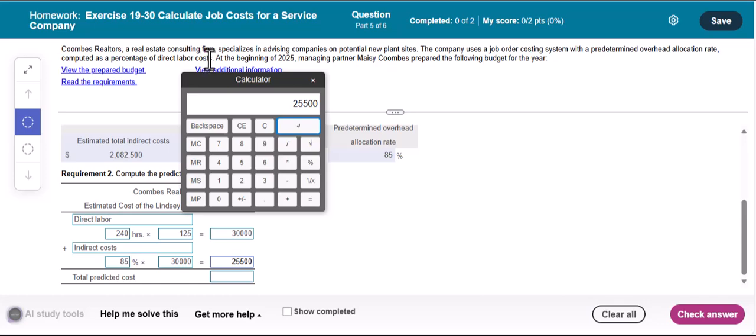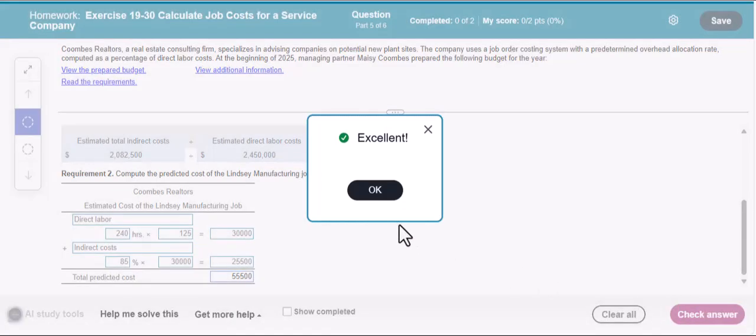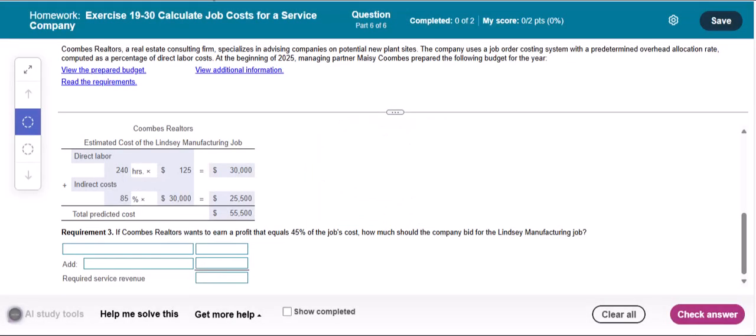So we're going to go ahead and add our indirect labor to our direct labor here, and that is going to give us a total here for the predicted cost of 55,500. And then we can go ahead and check our answer. Fantastic. Okay. So now for requirement 3, we have if Coombs Realtors wanted to earn a profit that equals 45%